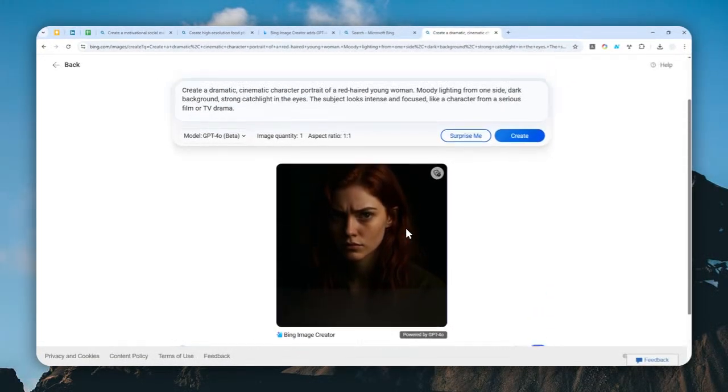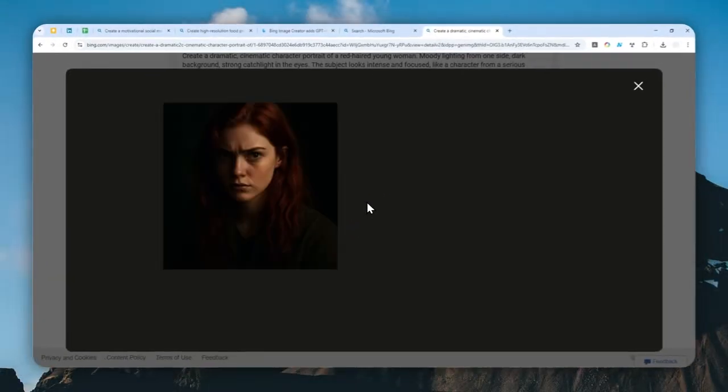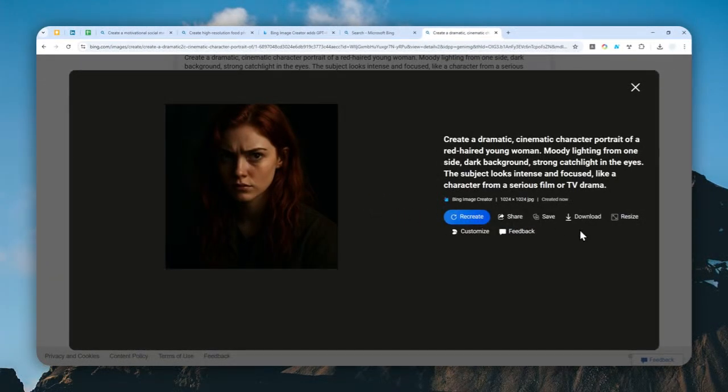And there you go. So this is the picture that it just created for me, and it looks great. The detail is just amazing, and you can click it and you can see it in a full screen, and you can download this to your computer. So that's how you can use the Bing image creator that is now being powered by the GPT-4o model from